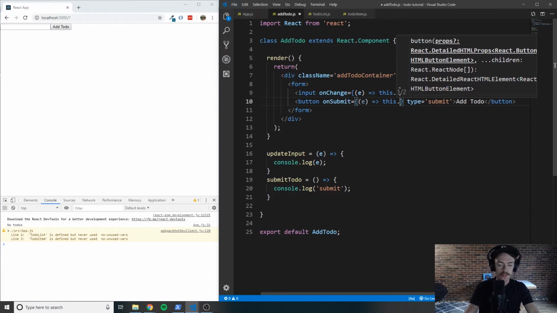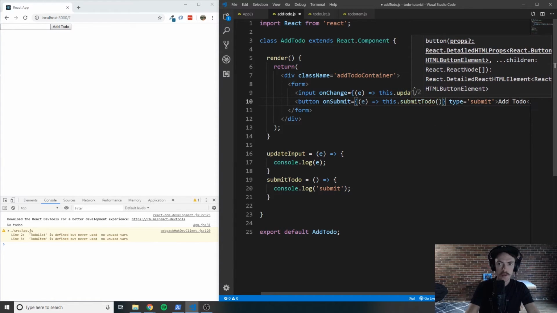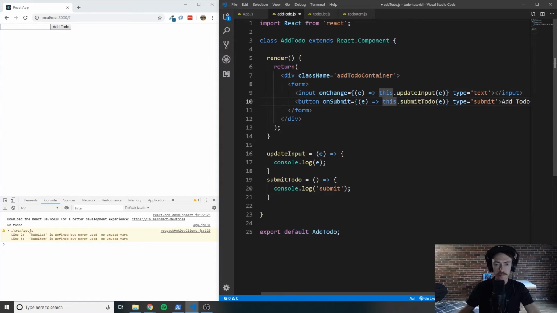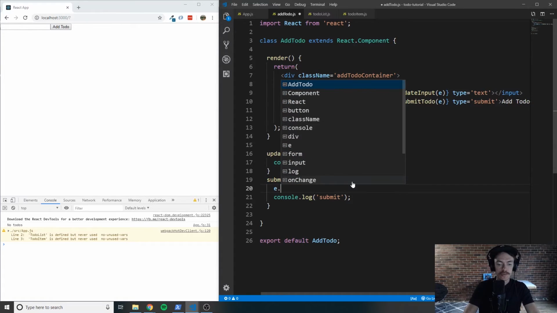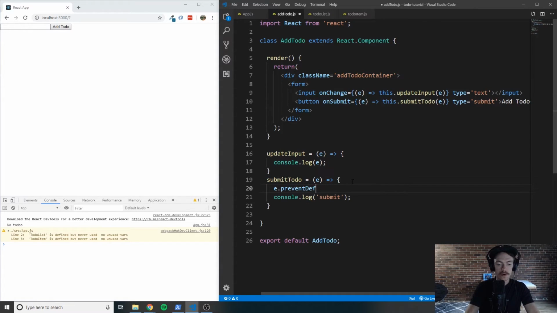That added some stuff. this.submitToDo. And we'll pass that event into here. And we'll go ahead and accept the event here in the submitToDo function. And we're going to say e.preventDefault. Now when I save,